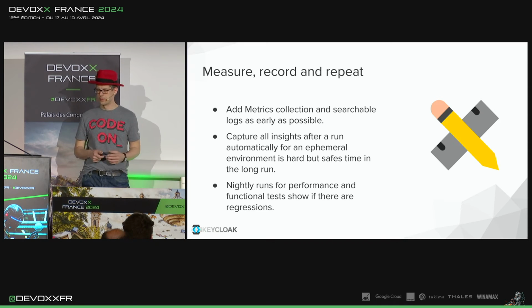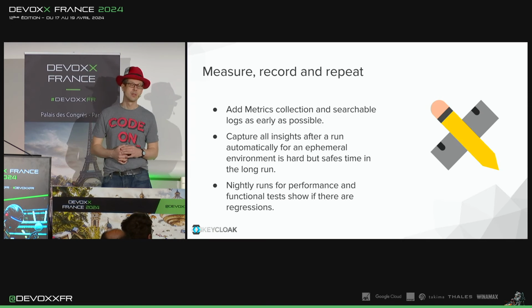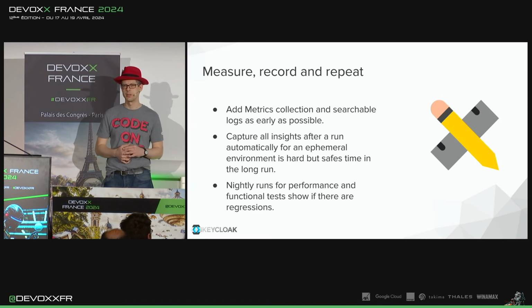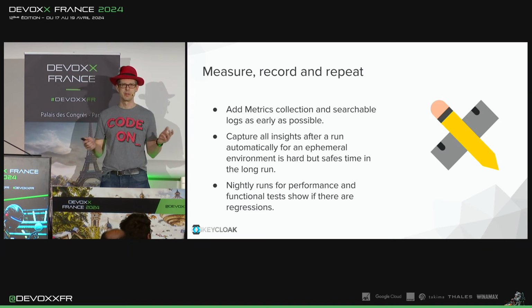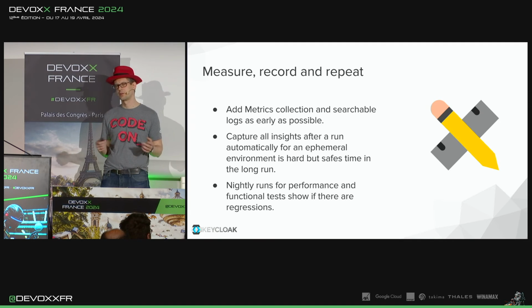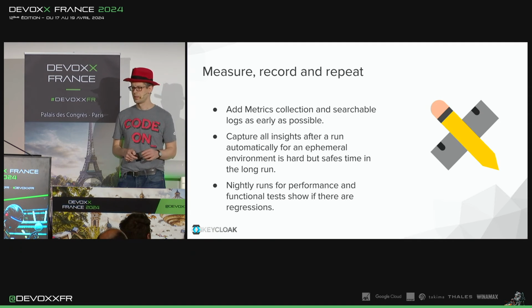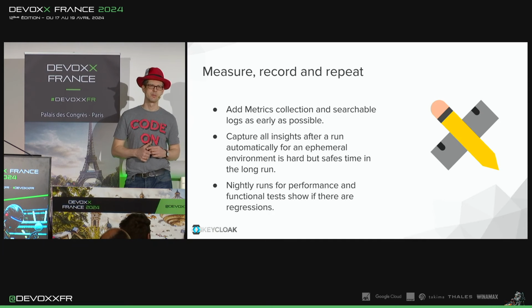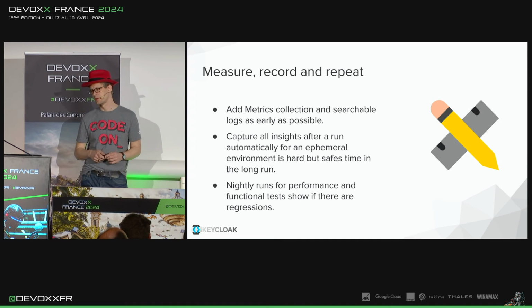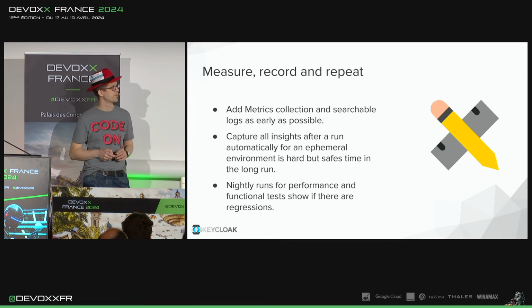We also have a CI run for performance and functional tests that will help us to spot regressions. So every night we build up 2 OpenShift clusters, deploy Keycloak, run functional tests, run load tests, and then have graphs that track our response times and load times from day to day over the last month.